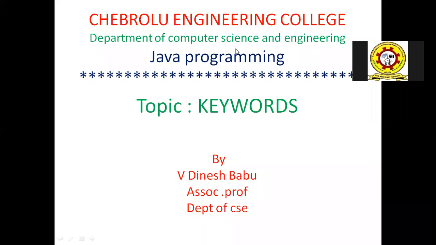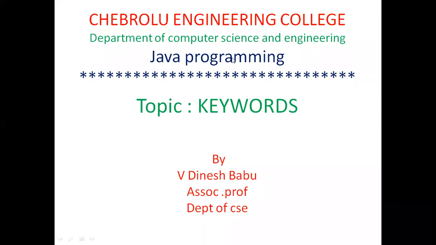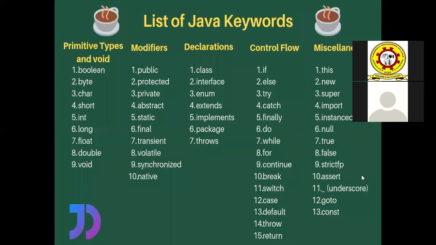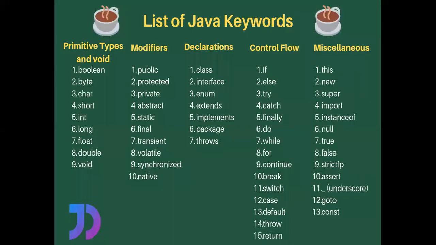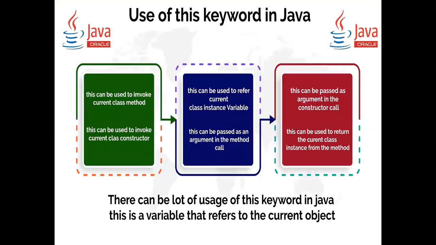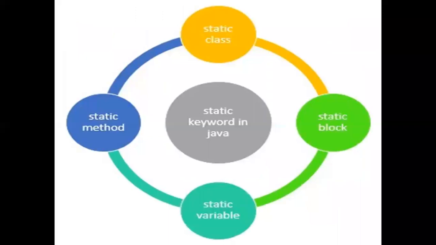From the last two classes, we have started discussing the keywords in Java. So far we have completed some introduction regarding the keywords, and we have seen the different keywords present in the Java programming language. Then we started discussing some of the keywords in detail. Among those, we have completed the three uses of this keyword along with the examples. In today's class, we are going to discuss the static keyword.